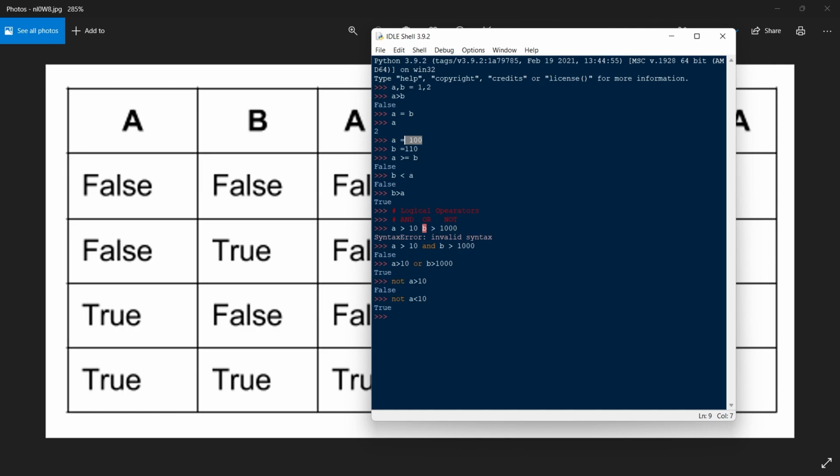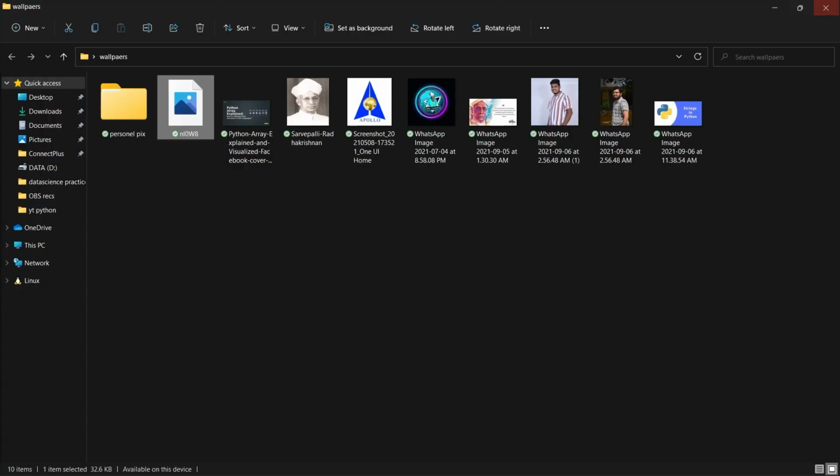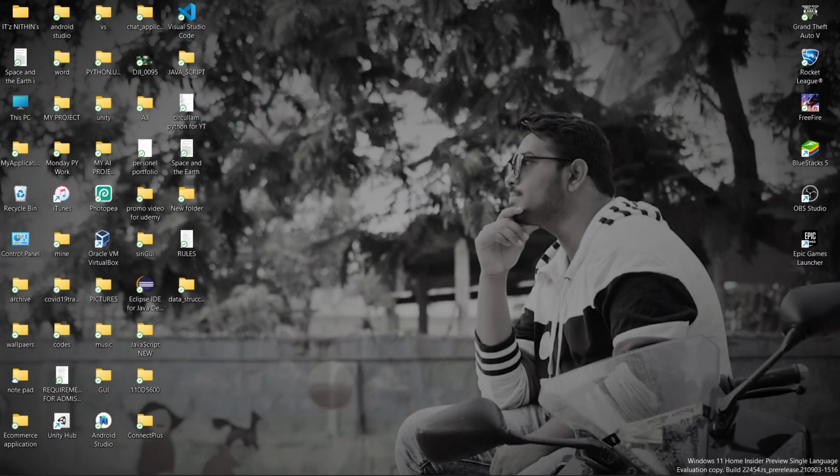Okay guys, I hope you understand about the operators. Operators are nothing but the easy mathematical operations which you used in our childhood. Arithmetic operators are plus, minus, multiplication, division, all this. Assignment operators means we assign a value to a variable by using the operator. Relational operators means we relate two variables by using an operator. And logical operators are and, or, not. These are the boolean values. I hope you all understand about operators, guys.